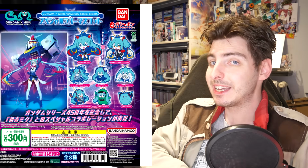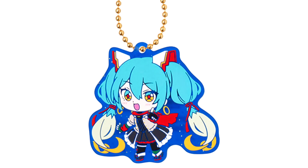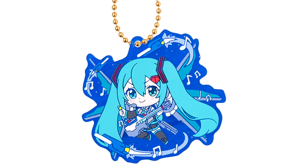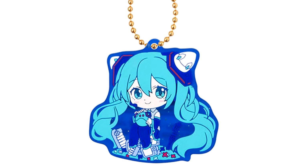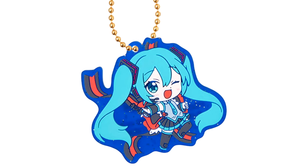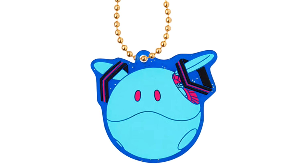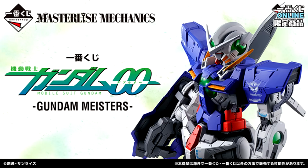As for the things you could get this week then. First up, we had these Gundam X Miku Anniversary Special Project Rubber Keychain Gachapons. They go for 300 yen a spin, around 2 US, and they feature a number of these special anniversary illustrations, like Miku with the Wing Zero Custom's feathers and Miku in a Zaku costume. And then finally on April the 1st, you could see if you were the